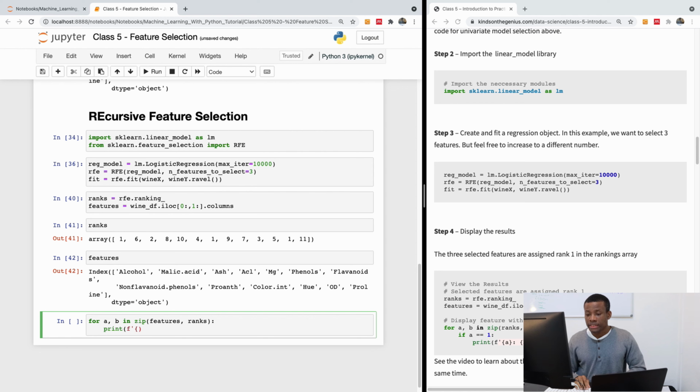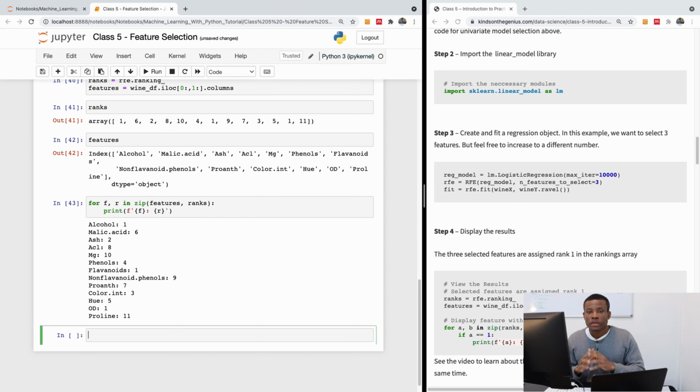I'm going to say F, I'm going to print A, so A is iterating the features, B is iterating the ranks, or maybe I can just call it F and R, okay, I think that would be more intuitive, right? So the features being iterated here, I'm going to put a colon and display the rank for that feature, R. Okay, so basically this is it. I'm going to close this quote here, and if I execute this, it now displays all the features with